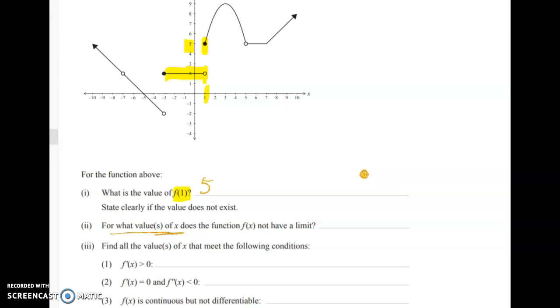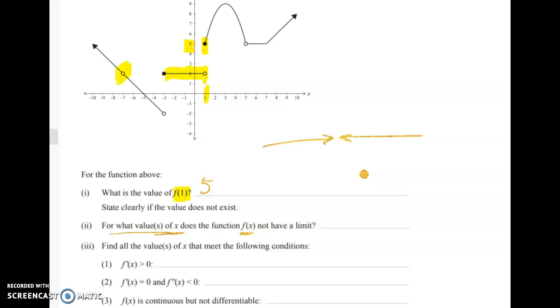So if you're in my class, you know that when I do this, I talk about Michelangelo and the ceiling of the Sistine Chapel. What we're looking for here is whether the function is heading to the same place from both directions. So for what values does it not have a limit means that I'm looking for there to be a jump or discontinuity. So let's first look at where there is a limit, even though the function is not